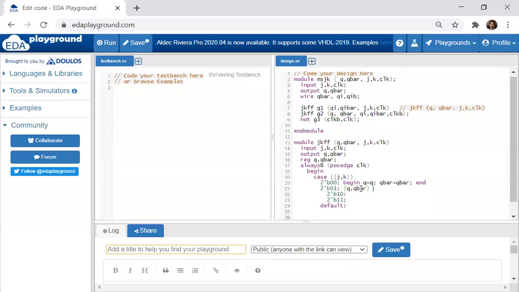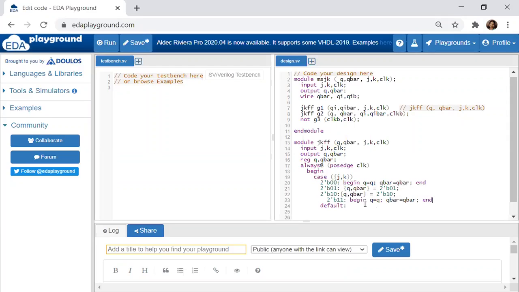What is the output when it is equal to 0, 1? When it is 0, 1, Q will be equal to 2'b0 and Q bar is 1. I can follow this or this, any format you can follow, either line number 20 or line number 21. When it is 1, 0, Q and Q bar is equal to 2'b10. And when it is 1, 1, what is the thing? When it is 1 and 1, 2'b11, I will just write this statement because it's easy for us.